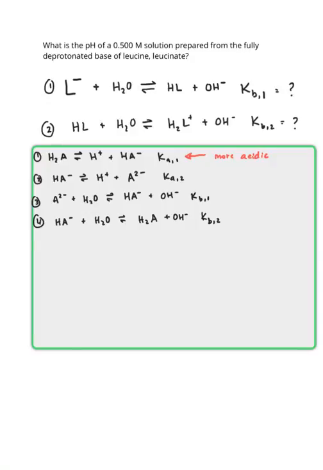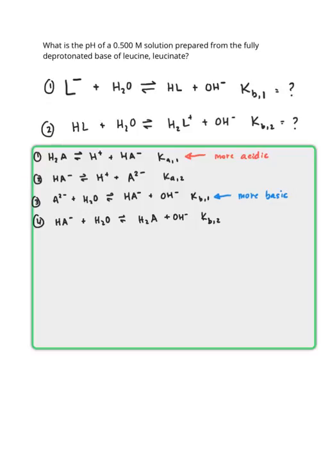Of these, KB1 is the more basic because it's easier to accept your first proton than it is to accept your second. So what we'll do over the course of this intermission is talk about reactions 1 and 4 comparatively,